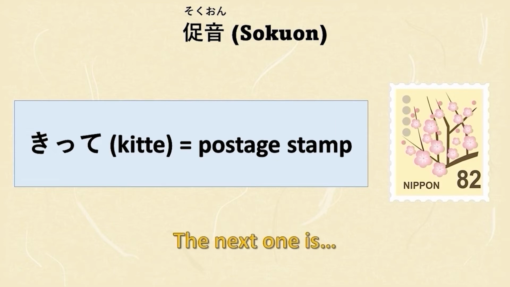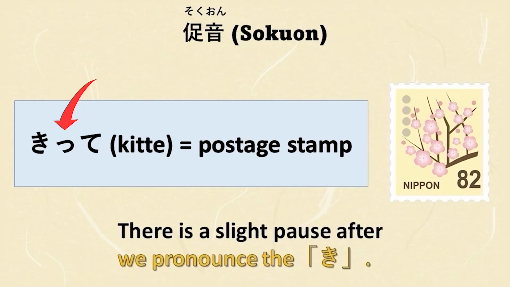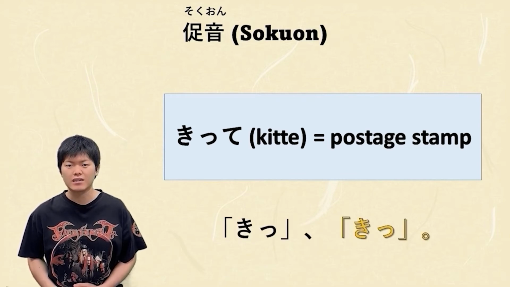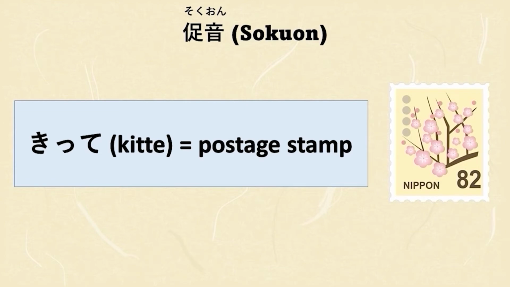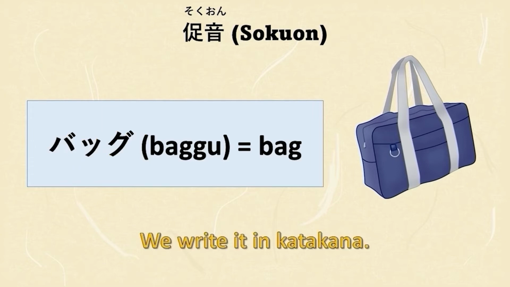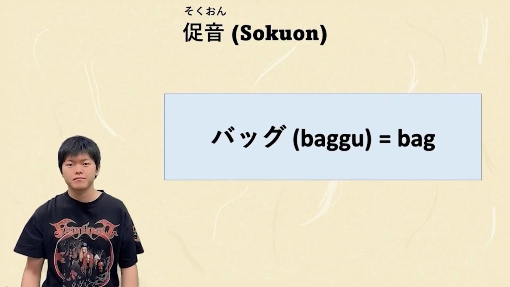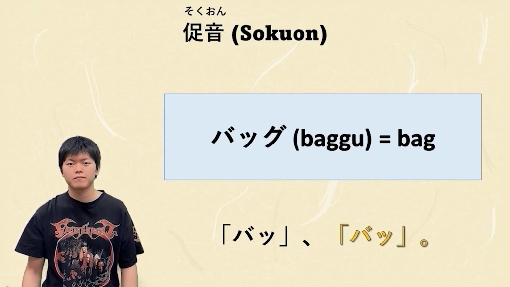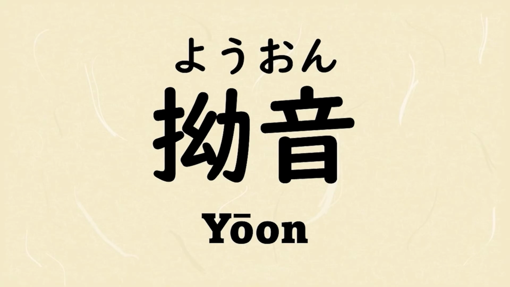The next one is 切手 It means postage stamp. There is a slight pause after we pronounce the き。切手。Next is バッグ. It means bag. We write it in カタカナ. There is a slight pause after we pronounce the ば。バッグ。